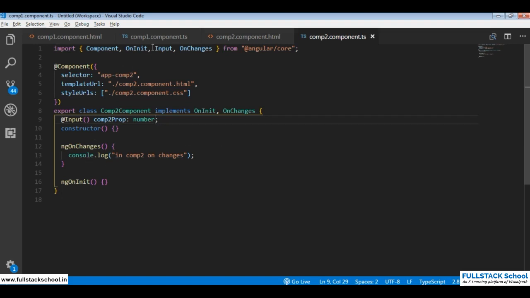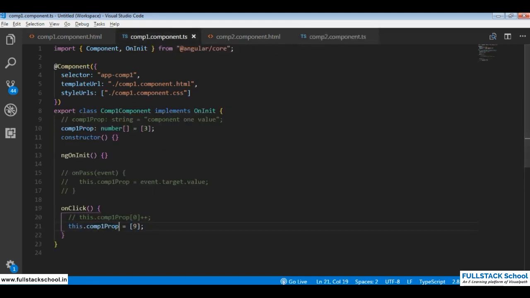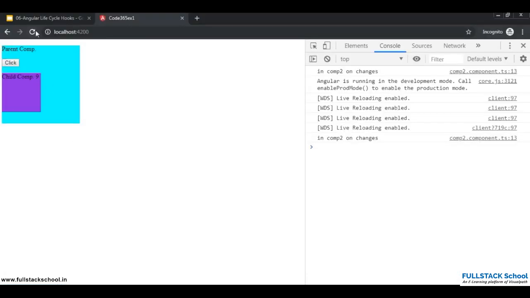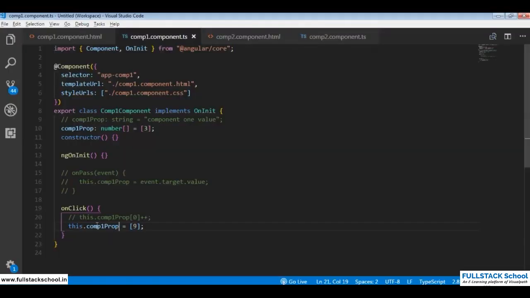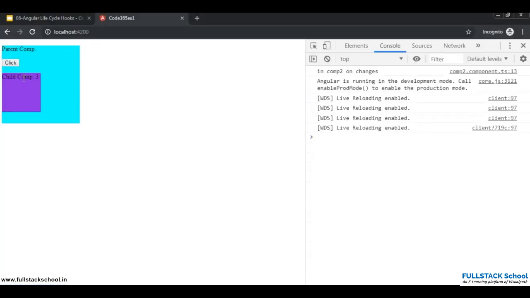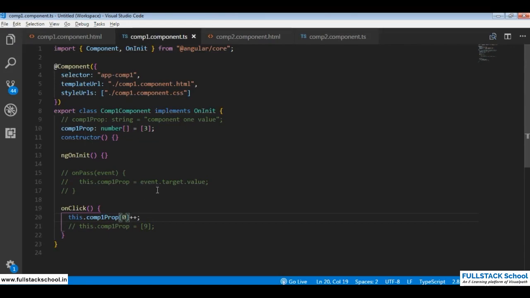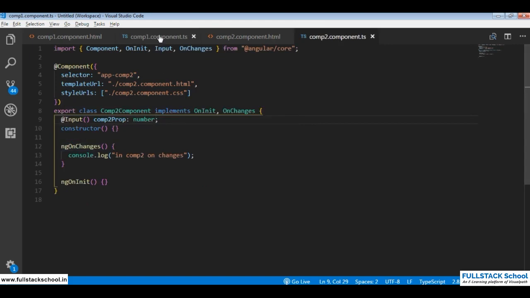And a limitation of this lifecycle hook is it cannot identify, see, when I click on the button, the reinitialization happens successfully, whereas a change to the existing value, if I click on this, you don't see 3 getting changed. So this is the limitation of the ngOnChanges lifecycle hook